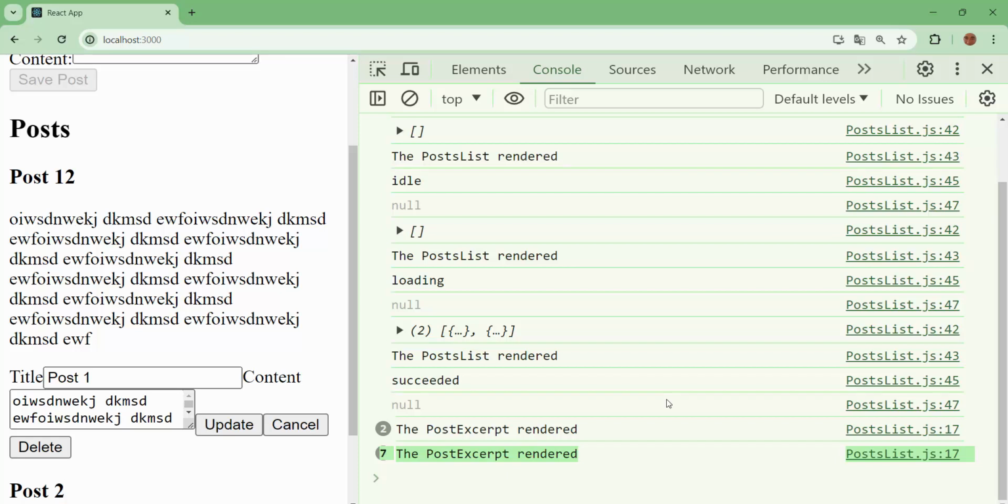And what we have then: post excerpt rendered, and after that we have post list rendering, and after that we see post excerpt rendering, because in this situation a child cannot be rendered before its parent. Because, as I said, in the background there is an algorithm, there is the actual document object model and the virtual one,